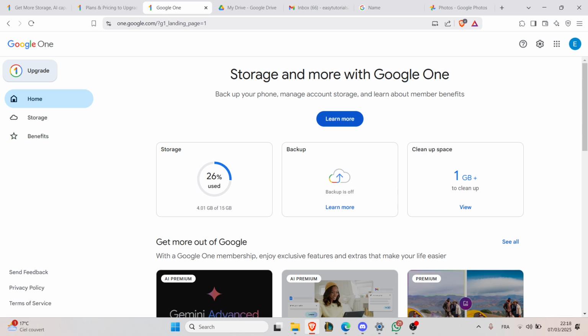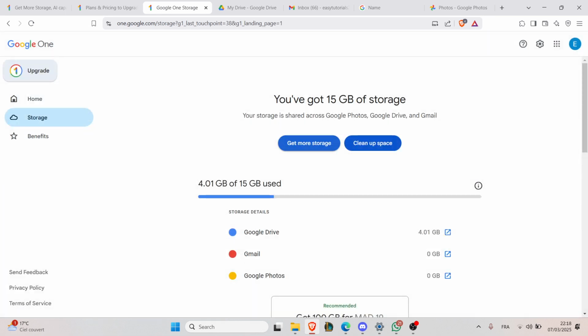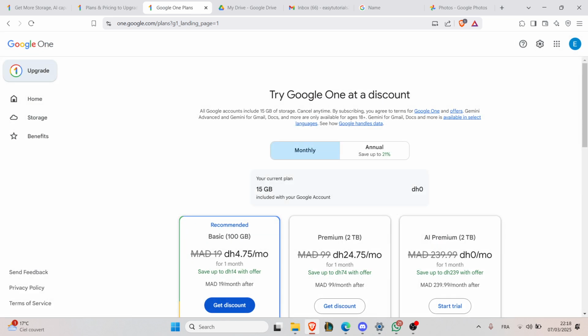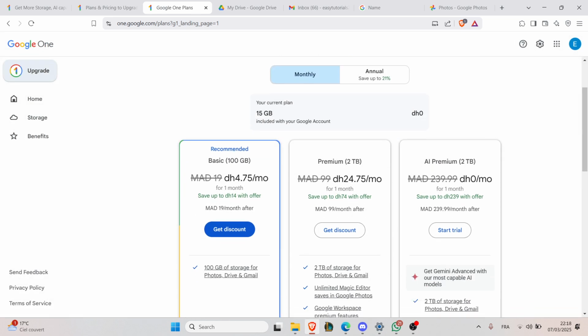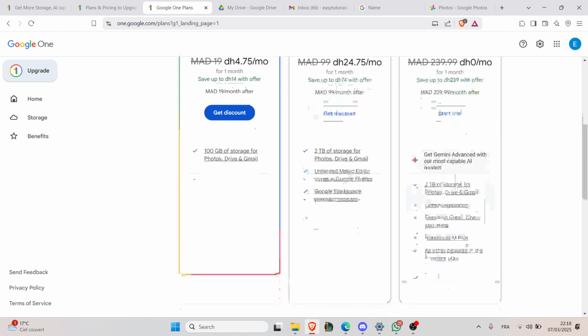From here, after you sign in, click on storage and then get more storage. Click on get more storage. Now here you can see all the plans that you can buy. You can see the basic plan, which offers you 100 gigabytes, the premium plan, which offers you 2 terabytes, or the AI premium plan, which offers also 2 terabytes plus Gemini